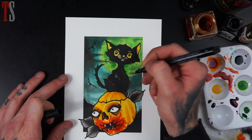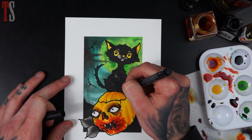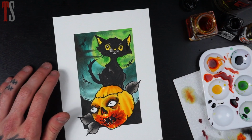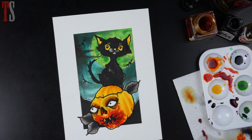And I'm just going to use this marker as well. There's a few little white bits that I've missed. I'm just going to fill them in. So yeah, I was debating on doing these leaves a different colour, but I'm just going to stick with green. But I don't want it to clash too much with that, so I'm going to pull out a different green that I've got,